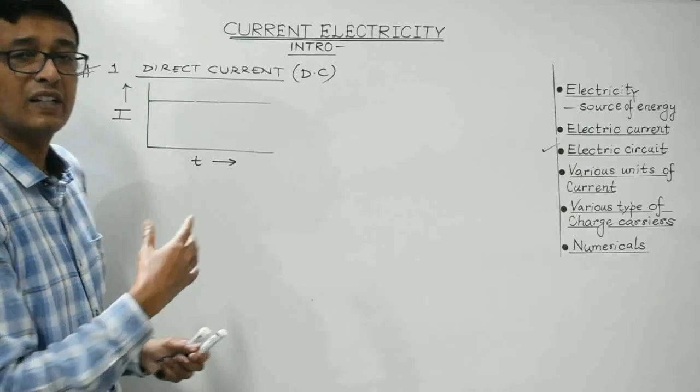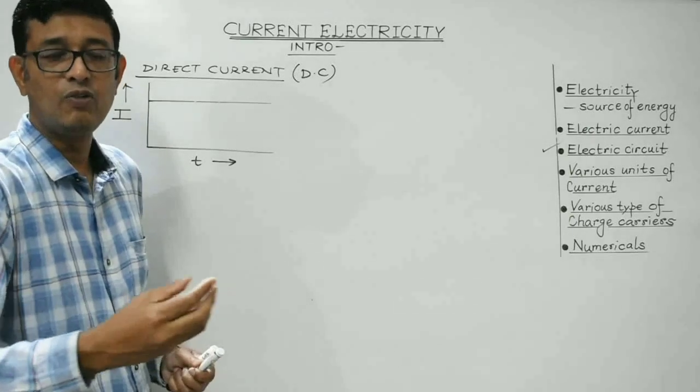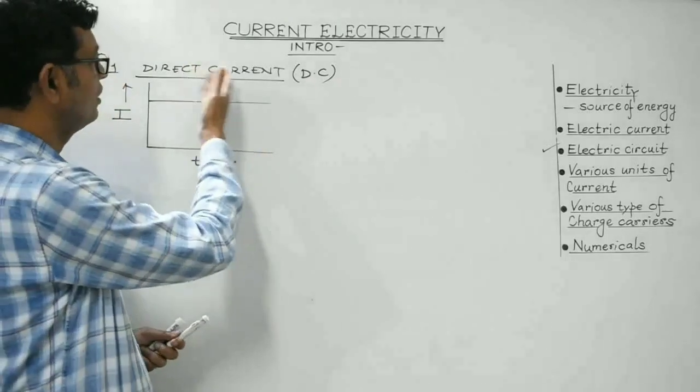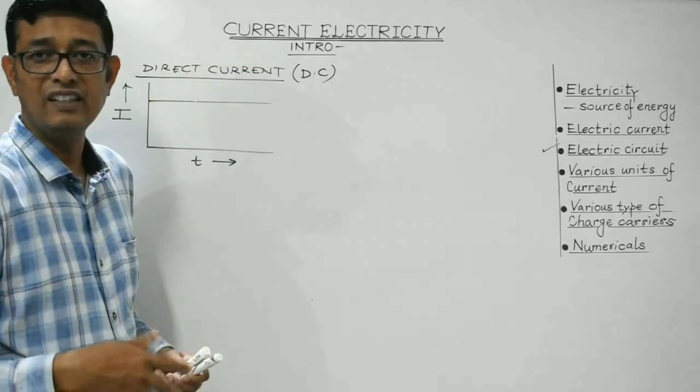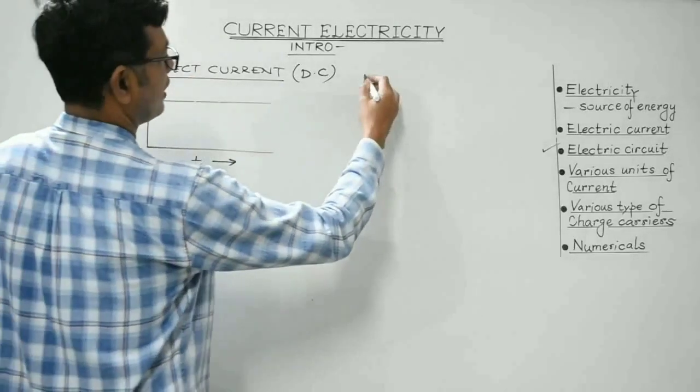So what are the sources of direct current? Normal cell, dry cell, simple voltaic cell. These are the sources of direct current. Leclanche cell, Daniell cell, they all are sources of direct current. Right? Second,